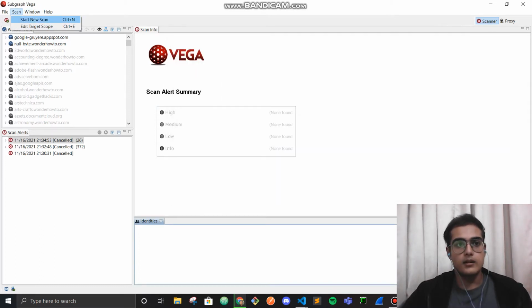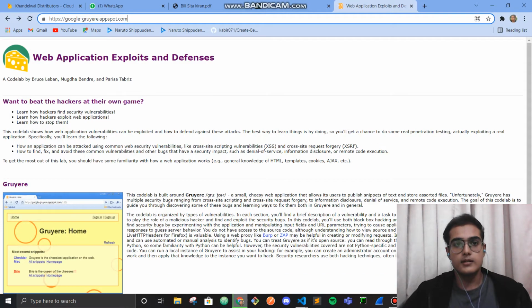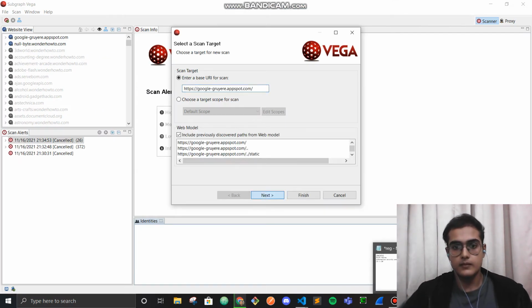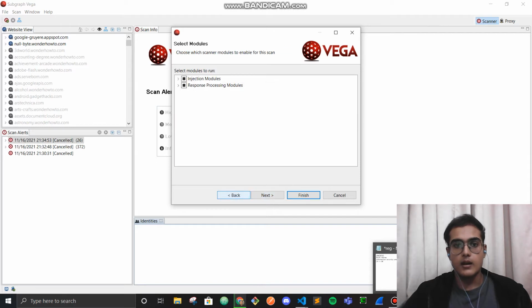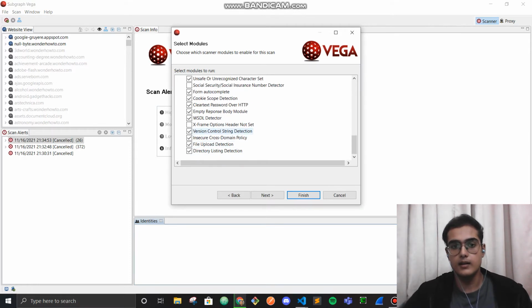So let's start a new scan. We get to choose if we want to enter a base URL or choose a target scope for the scan. So let's choose this website. Now here we get to select all the modules we need to run, all the checks which we want in our scan.